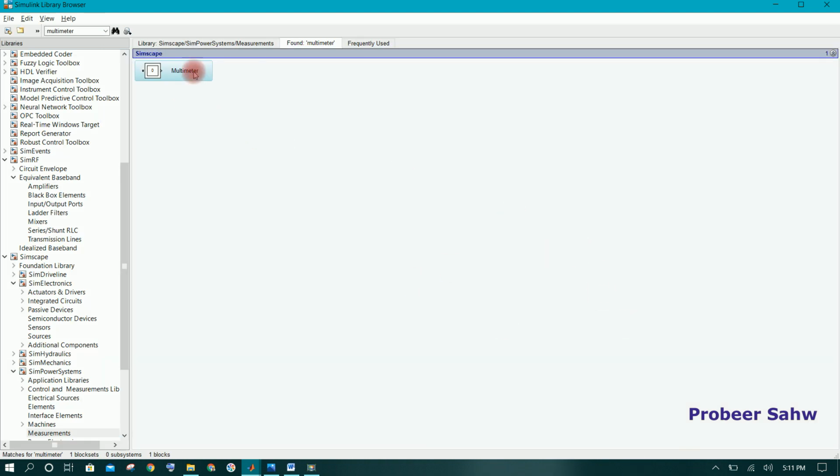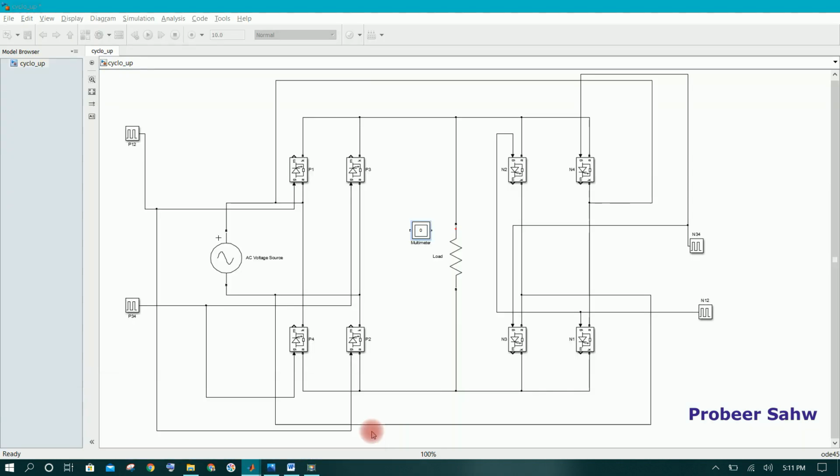A multimeter is added. Now you can see there is this multimeter block, and this multimeter block is showing number 0. This means at this moment there is no measurement available to this multimeter. To measure the output of this voltage source and load, we have to actually turn on the measurement for these